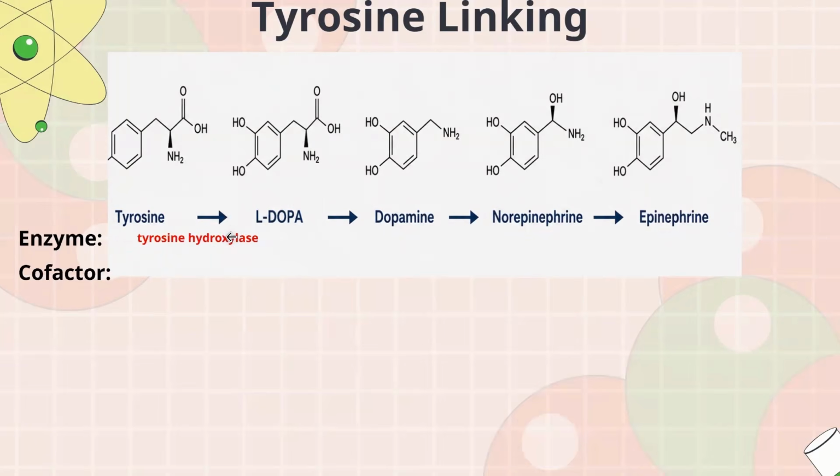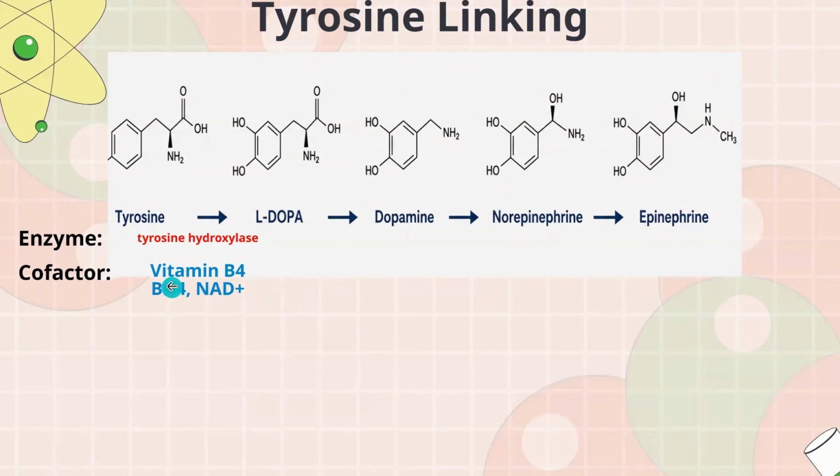It's gonna remove a hydrogen, and it's gonna form something eventually. Here, if you notice, there's a removed hydrogen. I didn't show the full picture, but here there's a removed hydrogen. And tyrosine hydroxylase, because of this, the cofactors that are going to be supporting it are vitamin B4, BH4, and NAD+. Now, it's very nice because you don't really need to know it, but it's there to understand it.